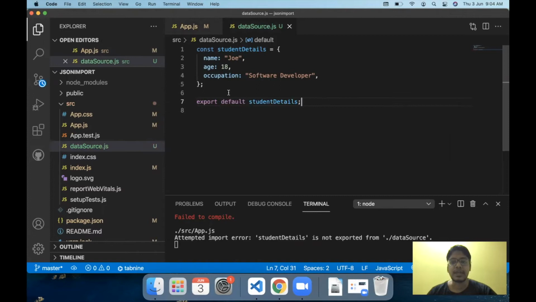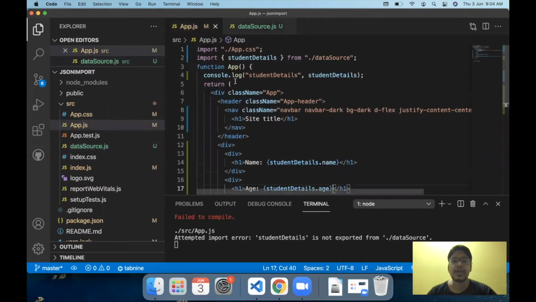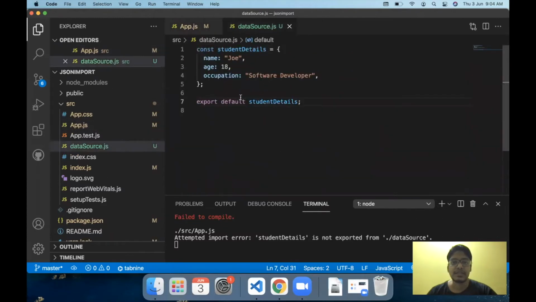Once I'm done with that, I will have to make a slight modification in my import code. What default means is that no matter how many constants are there in this file, this is the variable which will be available by default whenever I am importing this file.